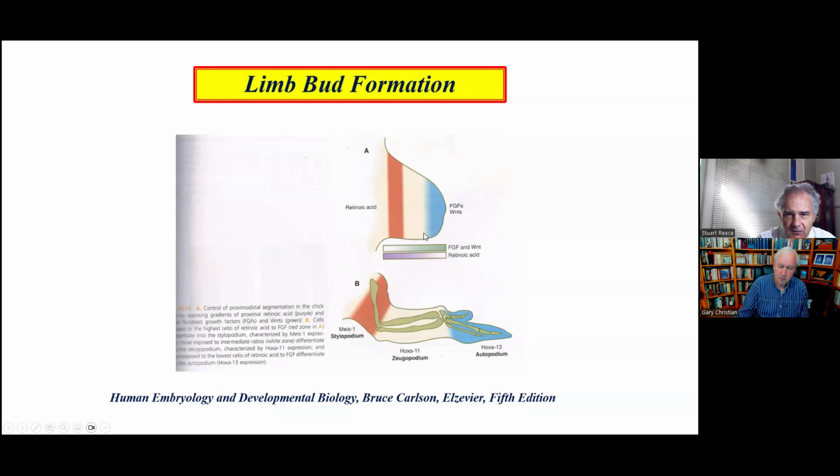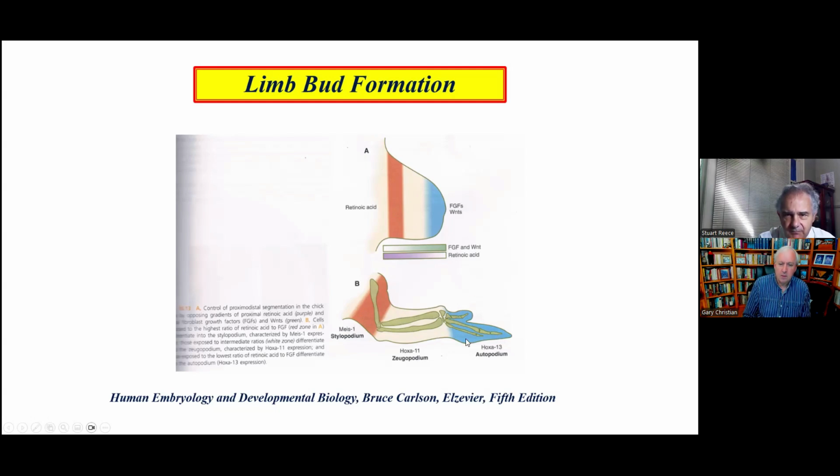And you can see that there's a gradient between fibroblast growth factor and the Wnts and retinoic acid here. And that gradient determines limb development to a large extent. And it's these contrasting gradients that determine where the limb forms and how it forms. And you can see that this is the same in this limb that's forming here. It's the same overall pattern. So you're saying that we know the mechanisms pretty well for limb development? Yeah, that's right. These are known as morphogens, and it's these contrasting gradients which control all the details of